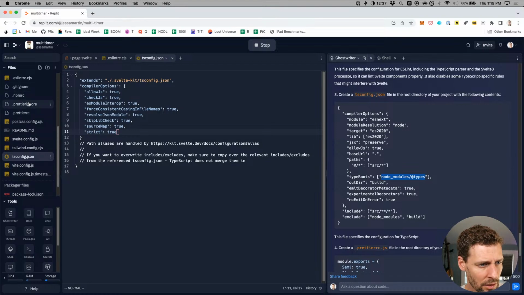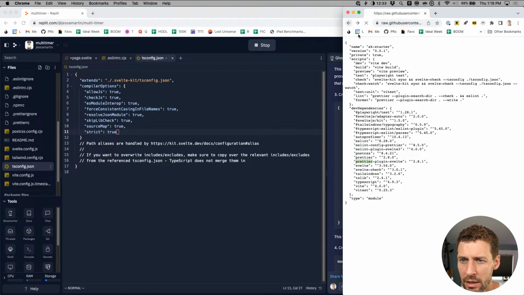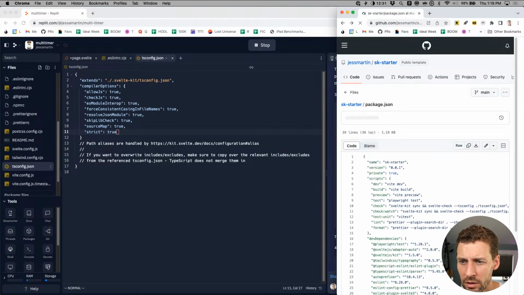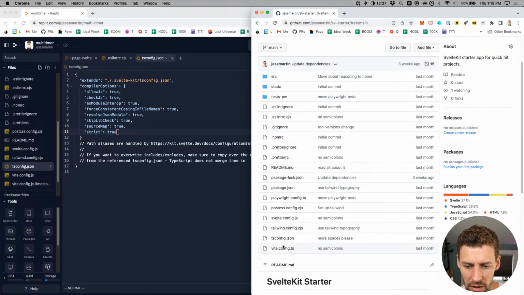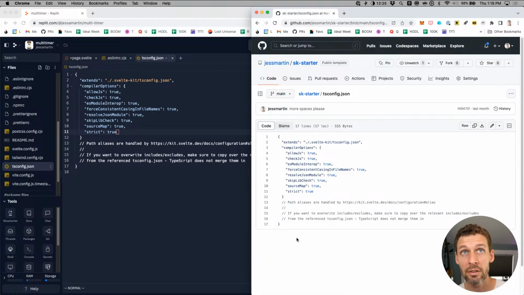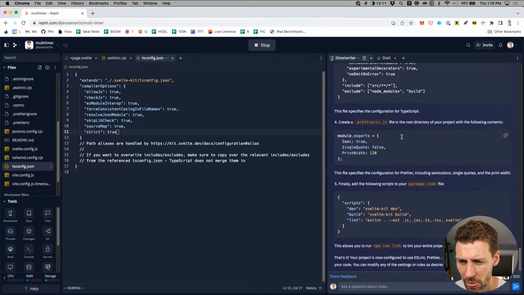I'm going to look at the one that is for my SvelteKit starter because I have a feeling that's closer to what I want, because it has SvelteKit, it already has ESLint and prettier configured, so if there's anything special that needs to happen. All right, allow JS true, check JS true, ES module interop true. No, that looks vanilla to me. Cool. Ghostwriter, you're wrong. But that's fine. We didn't have to change anything.